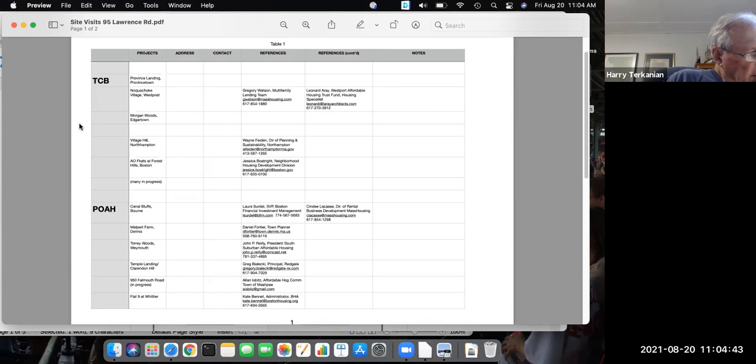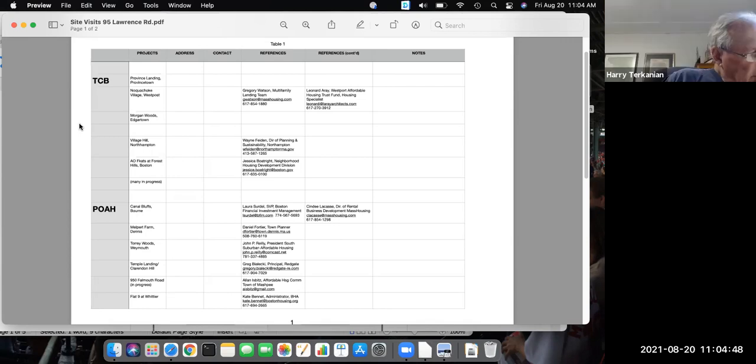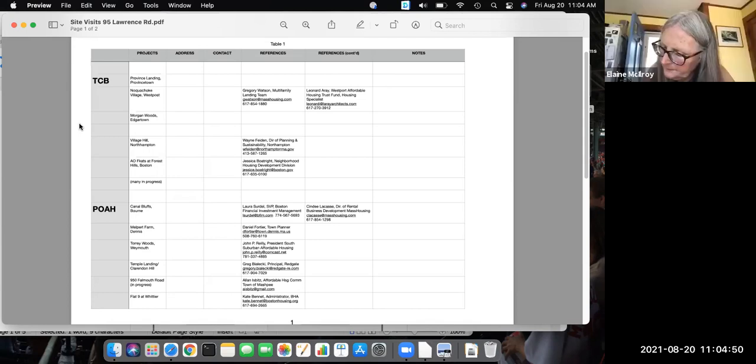Let's see. Canal Bluffs. Melpit Farms. Yeah, I know you've been there, Elaine. It's much more scattered, but I think the design might be similar. Although when I was looking at Tory Woods online, that design looked a lot like what they might have been proposing for us, but